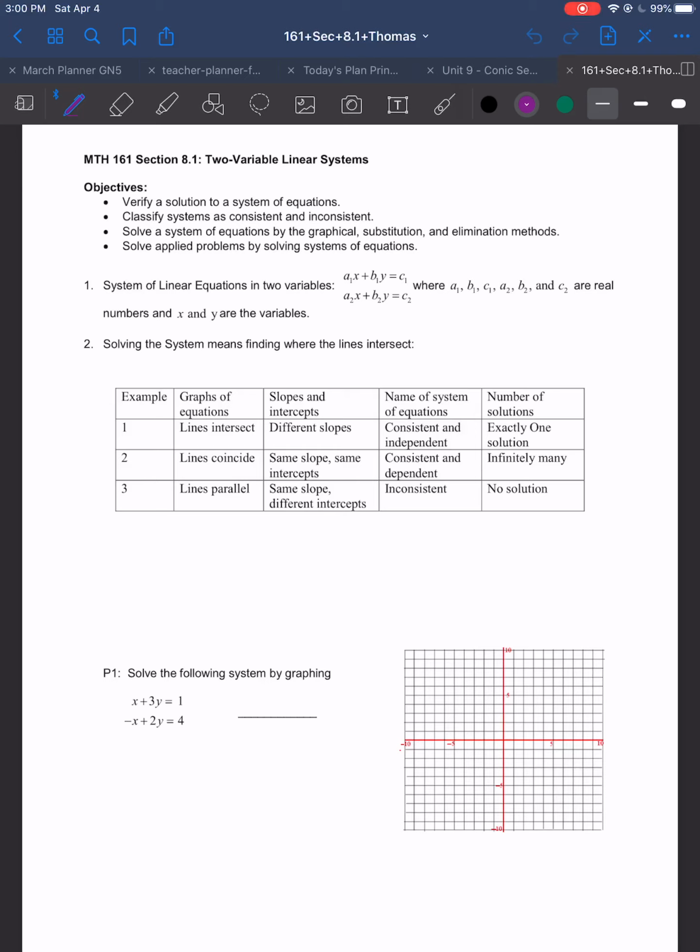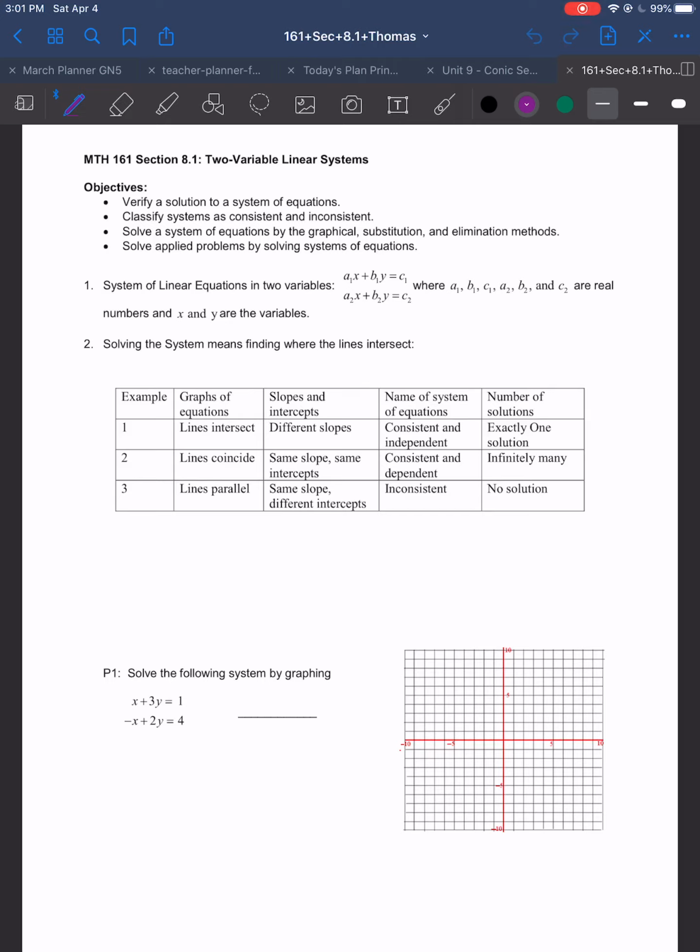In this video, we're going to cover section 8.1, which is two variable linear systems, or systems of two equations. If you have two equations and two unknowns, you'll have an x and a y, and your constants are real numbers, and then x, y are your variables. There are three different